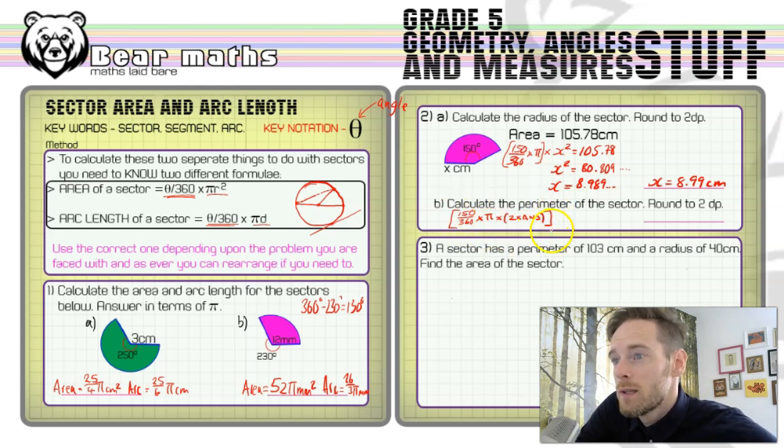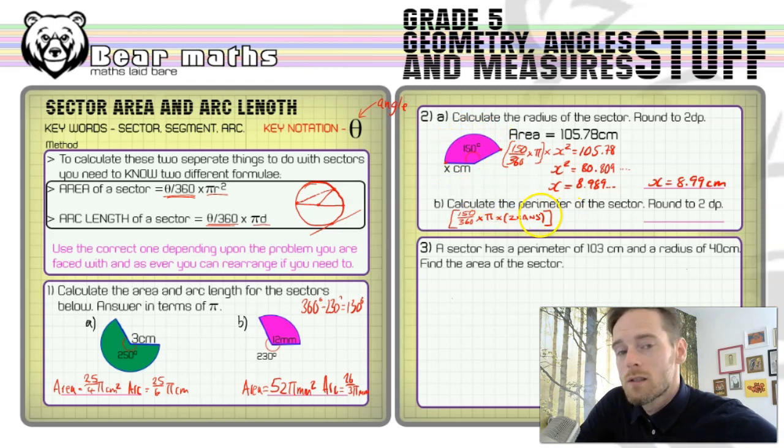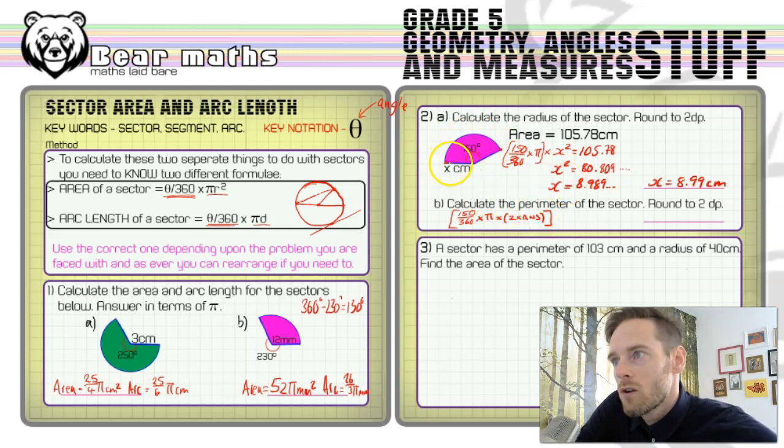Now, what this would do in this big square brackets, it would work out the arc length, okay, from here to here, around the curved bit here. But what I want is the perimeter, which is a bit different, right? All I've got to do is add on this and this. Well, we know what x is, all right? And we know that this is the same thing. That's x as well. Okay, so x plus x, 2 lots of x. So plus the answer on the outside of the bracket there, plus the answer again, would give me the perimeter